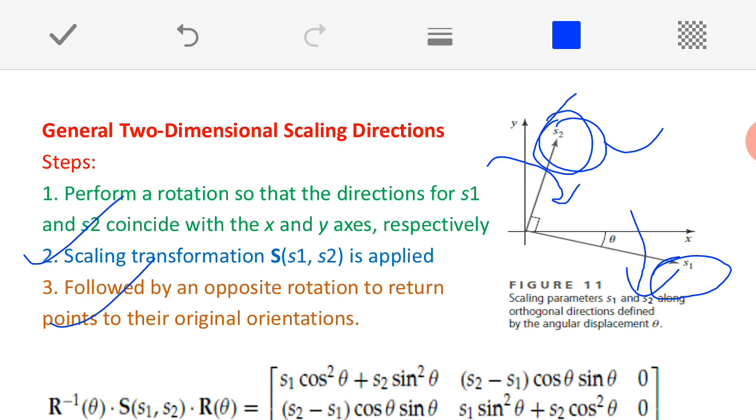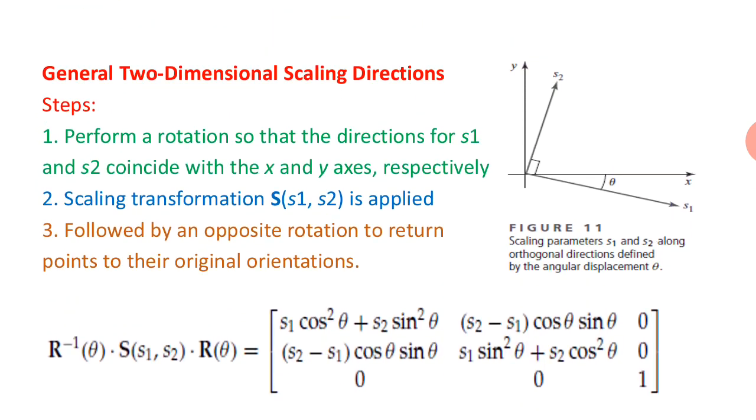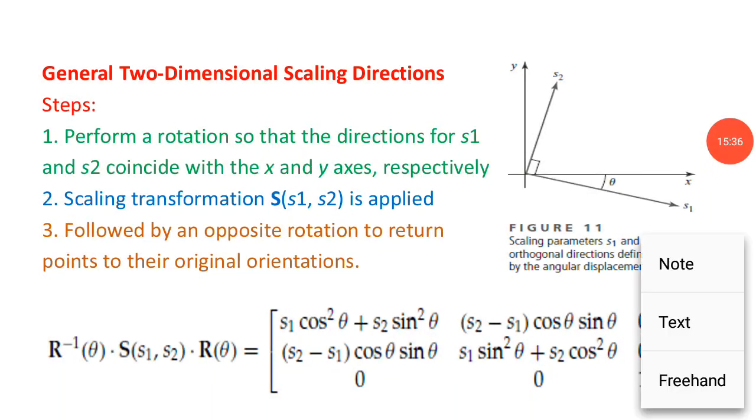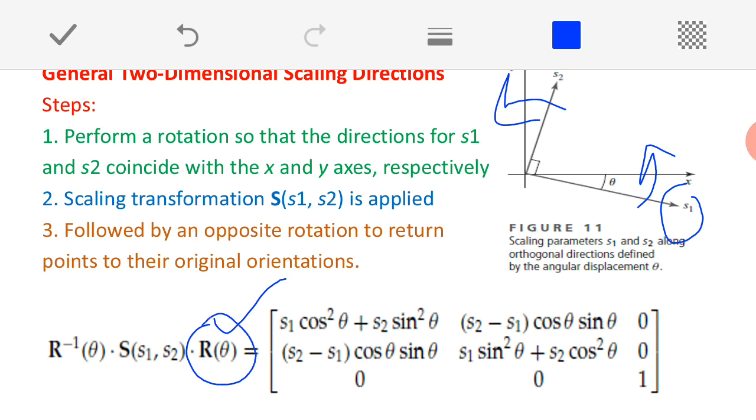Okay. So, just have a look at here, now what is the resultant matrix that I am going to get over here. Okay. This is the order of the matrices. The three things I am going to do. First I am going to perform the rotation, so that my S1 will overlap with X, S2 will overlap with what? Y. So, that I am doing with this rotation, or in this place just imagine that you are writing a 3 cross 3 rotation matrix.